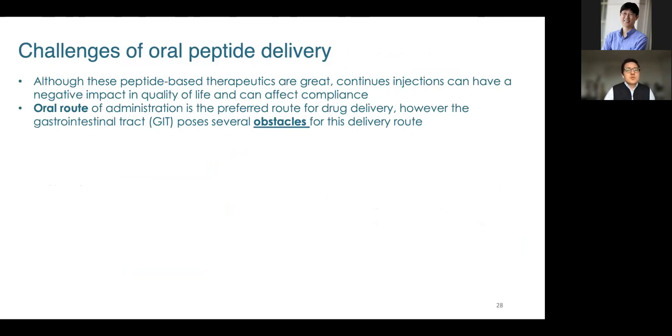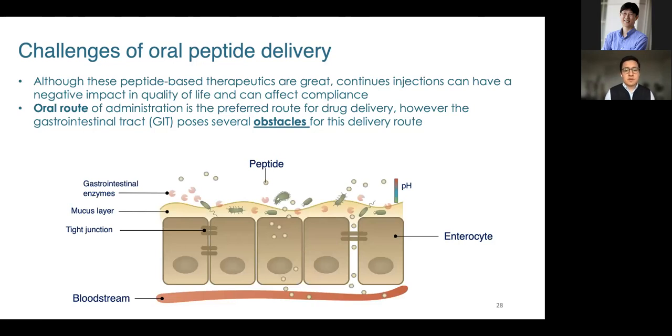So our motivation was to develop a microbial therapy to deliver some of these peptides. Why the oral route? It's because this is the preferred route for drug delivery. But the gastrointestinal tract is actually made to process all of these peptides and proteins, so it's not very friendly for this type of therapeutics. And there are many obstacles for this. If you're a healthy person, this barrier is not very permeable. It will not allow most things to pass through.